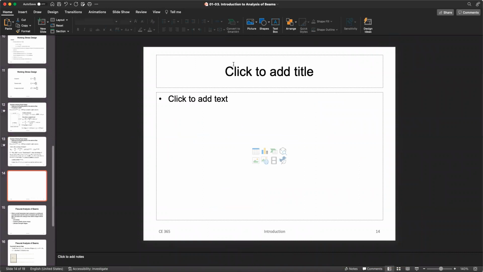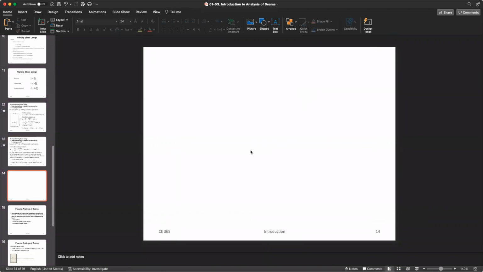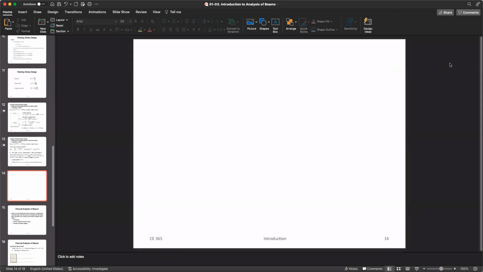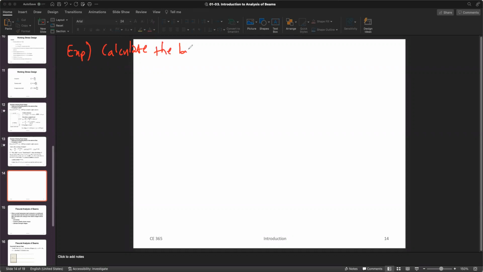All right. I think it would be better to erase this, guys. We can even enlarge this page a little bit, okay? So let's look at one example here. It says calculate the bending